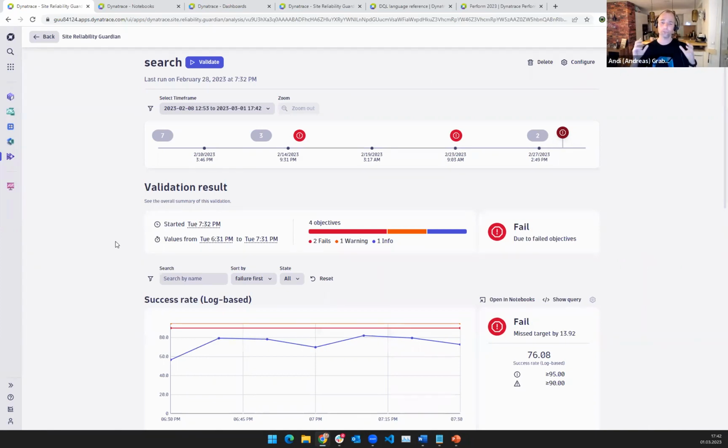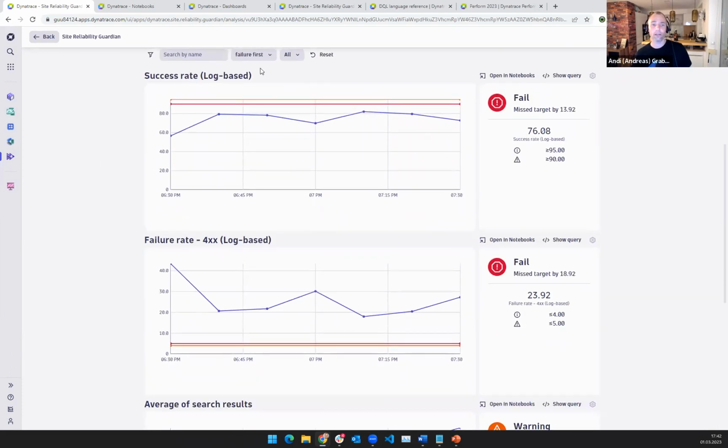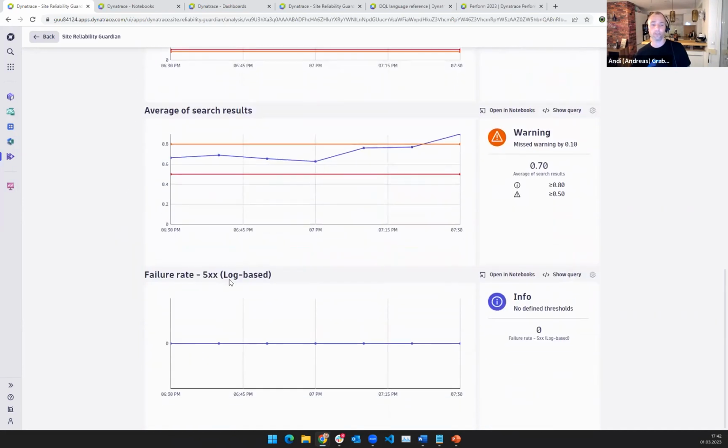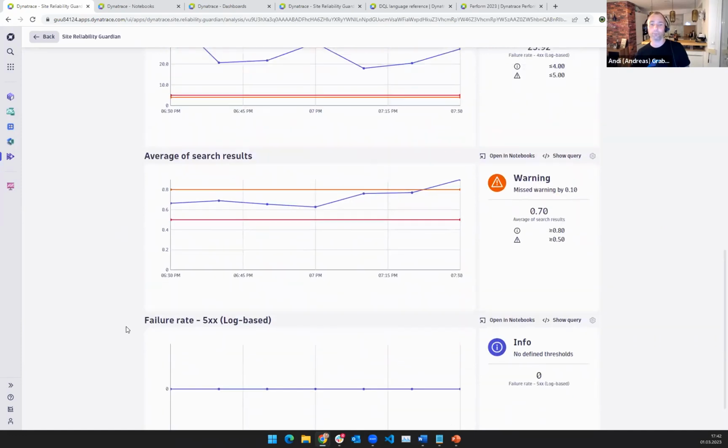I want you to have an eye on the key SLOs, service level objectives, of that particular piece I'm responsible for. And here I have a guardian specified and defined for search, which is one of the features. As you can see here, I can scroll down. Whoever specified that guardian said success rate is important, failure rate is important, search result and the failure rate, the 5XX, are important.